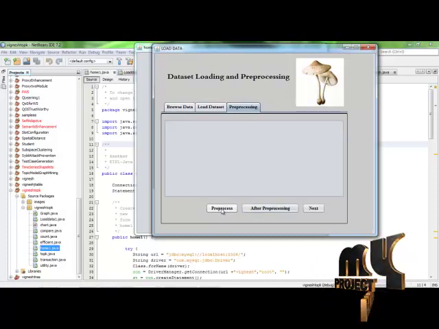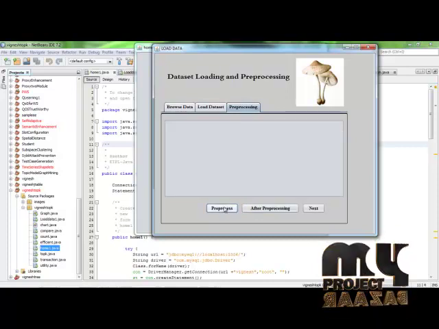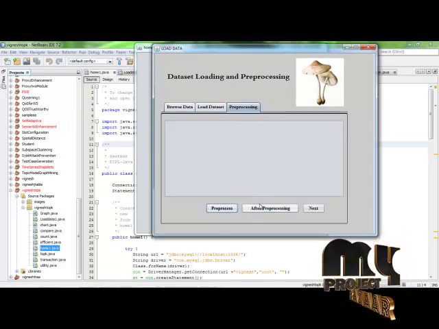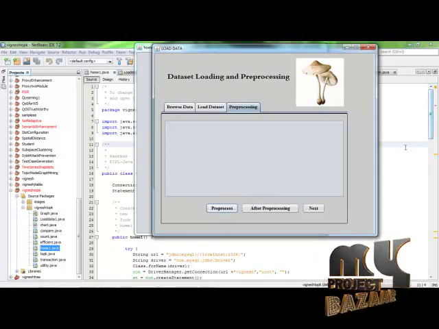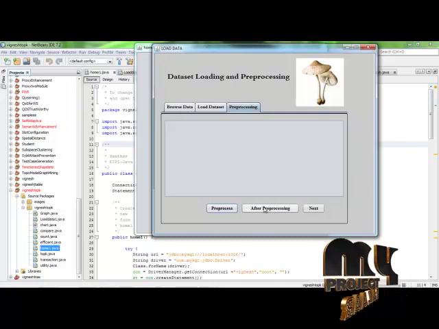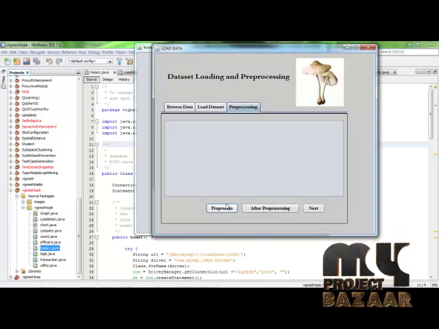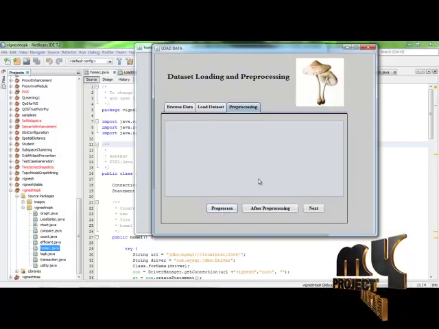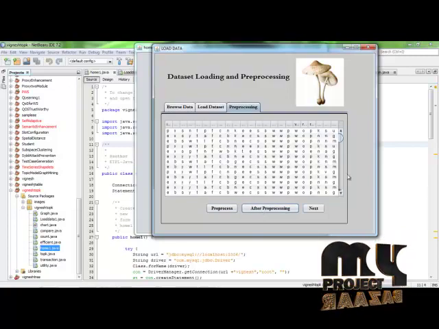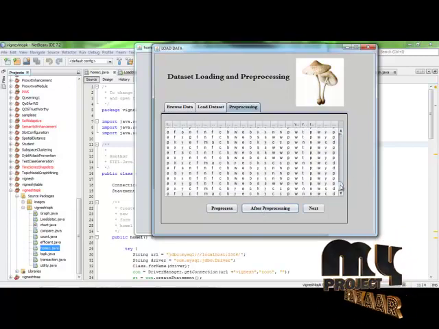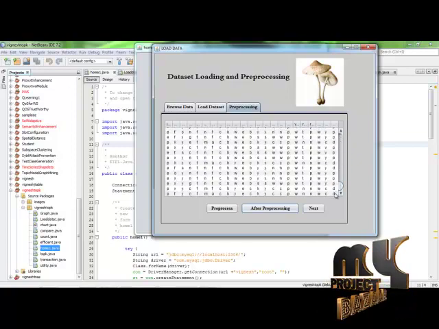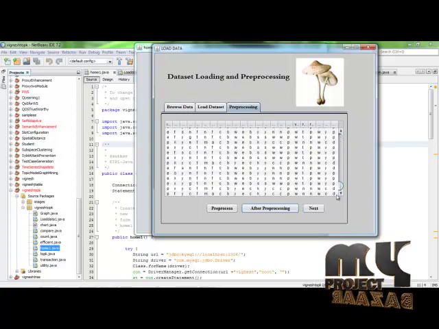After that, we have to do the pre-processing process. In the pre-processing, the unwanted data should be removed. For example, unwanted data items are not needed in the transaction utility, so we want to do the pre-processing. In the pre-processing, it removes all the unwanted items, and the data set is shown as a result. This is the data after the pre-processing.